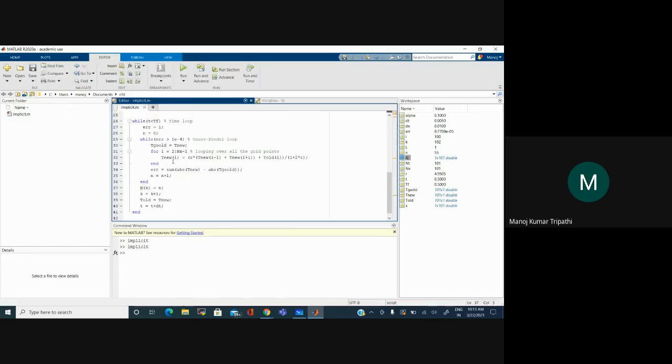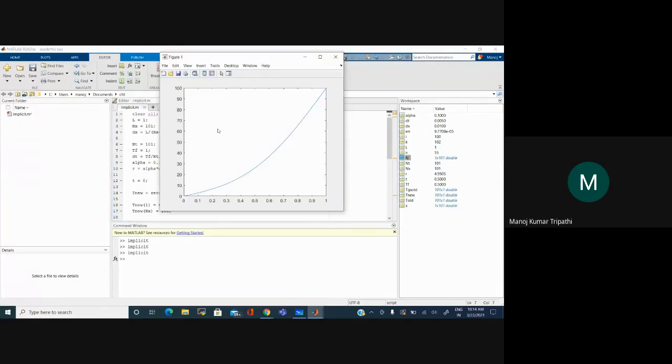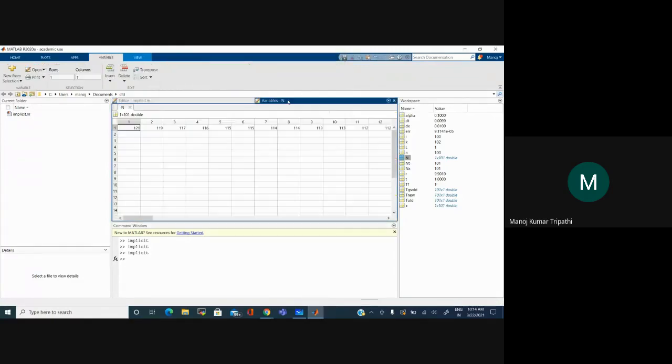Now if I change this TF value to something else, keeping the number of time steps the same, we are effectively increasing the time step. So let me try 1 here and run it again. Now let us see what happened to variable n. You can see that the number of iterations it took to converge for every time step has increased. It is almost double. It was 66 before, now it is 121.